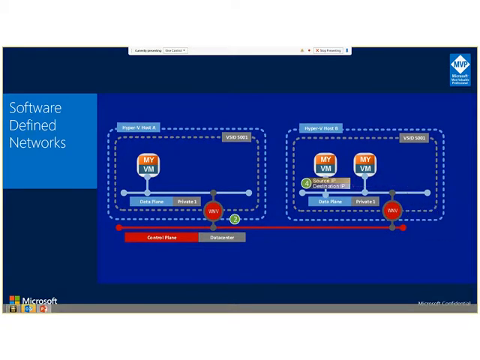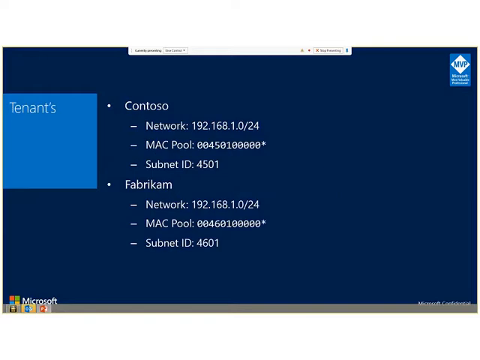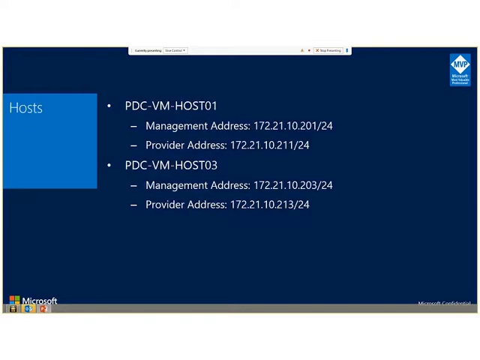So with that piece of information in mind, we can certainly see that I've got 2 different IPs on each host. The only one that's defined right now is the management address. We'll program up the provider address in a moment. And one of the things you will notice here for the demonstration is I've kept the provider address on the same IP range as the management. Now, there's absolutely no requirement in doing that, and probably best practices would recommend that you don't, that you actually